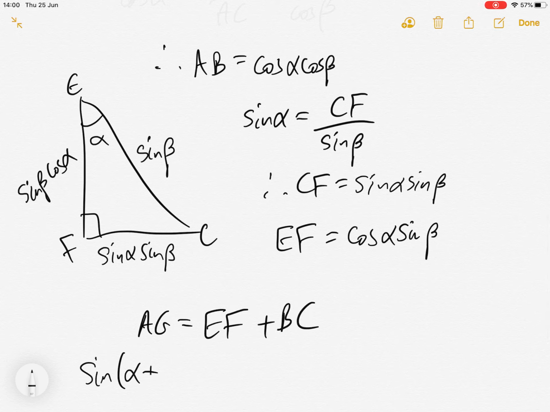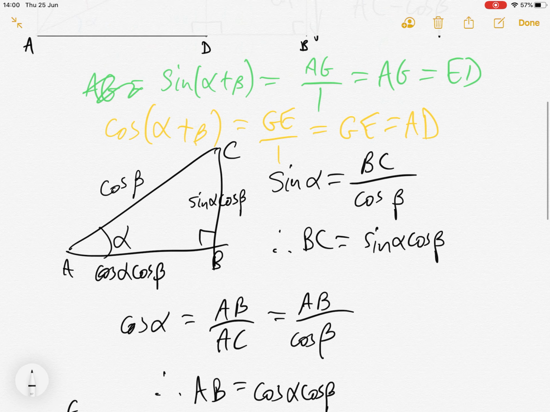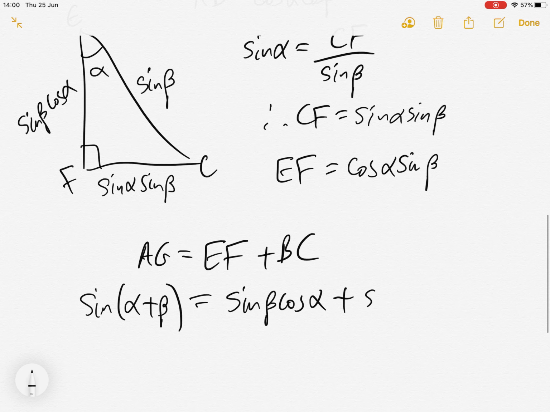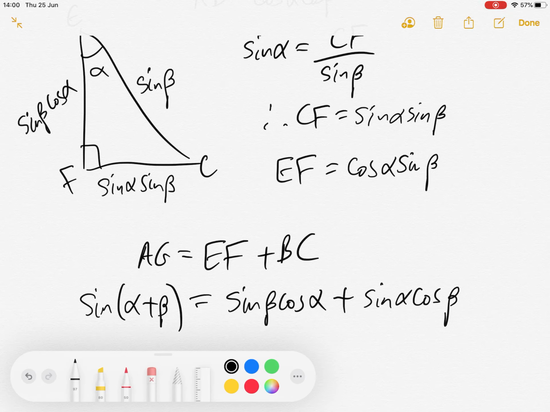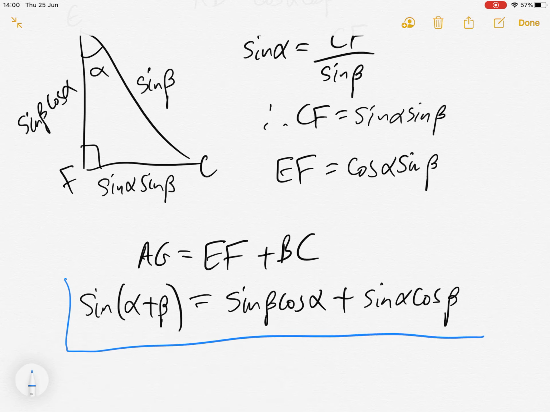AG we know is sine alpha plus beta. EF we've just worked out is sine beta cos alpha. And BC we worked out earlier is sine alpha cos beta. And so we're done. We've got a formula for sine alpha plus beta in terms of sine alpha, cos alpha,